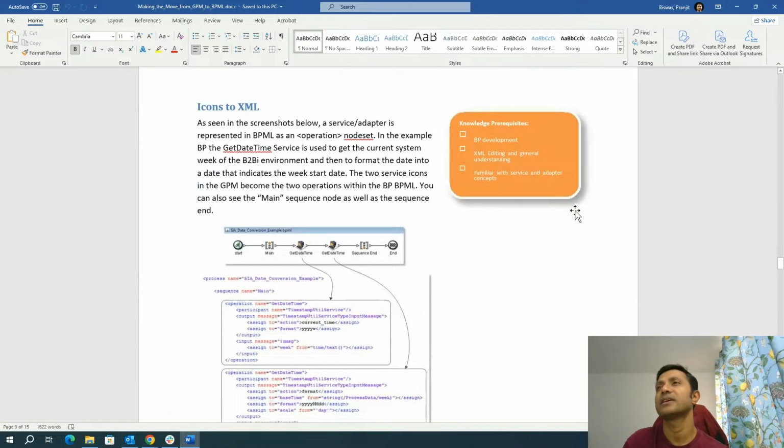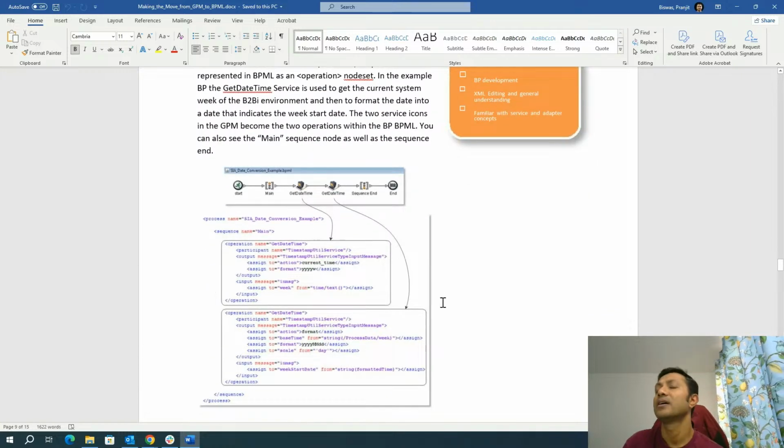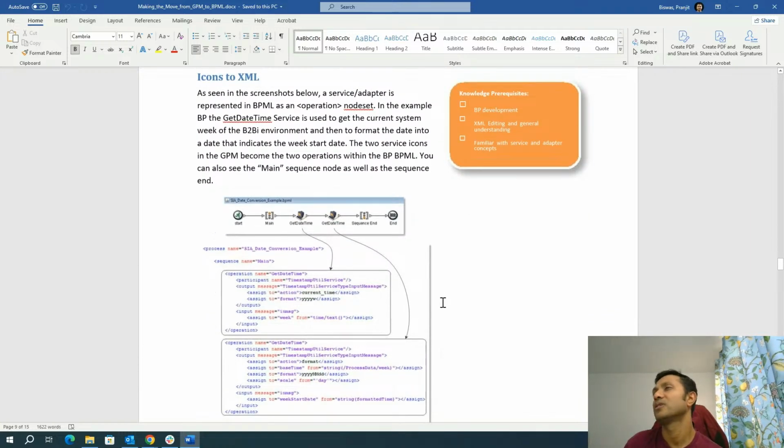Next, the topic is icons to XML. In here, you see the structure in the graphical process modeler and then try to correlate the mapping to the BPML code. Every service gets this operation block, which you have already covered. So you have a couple of get date time operation blocks within the business process BPML code. And then all the operations are